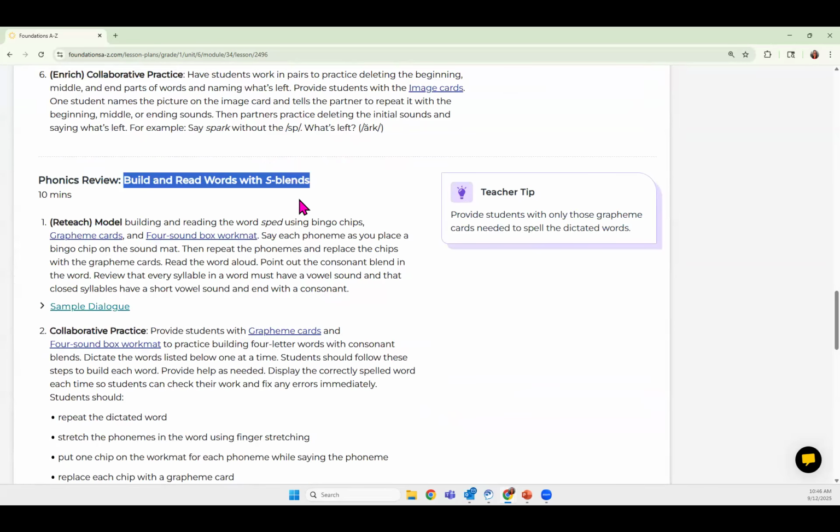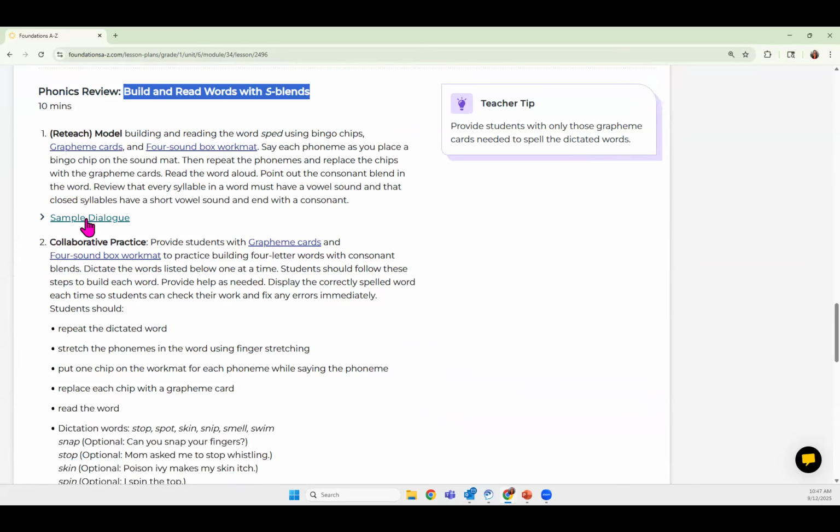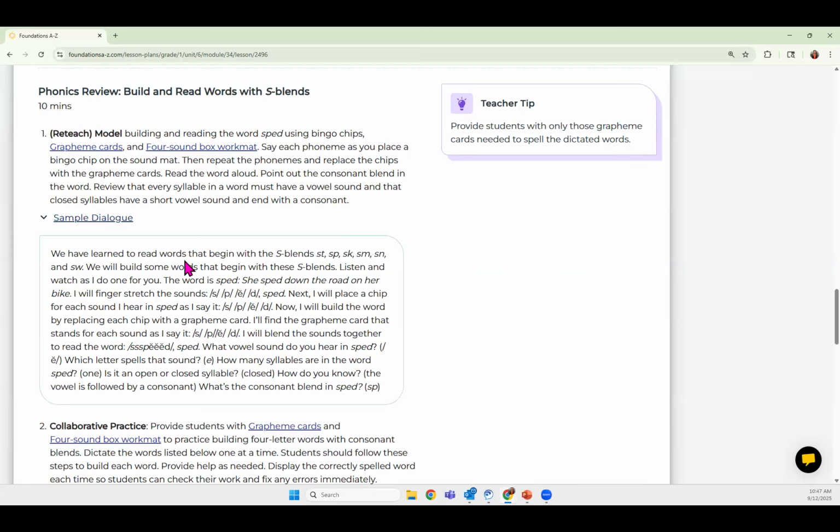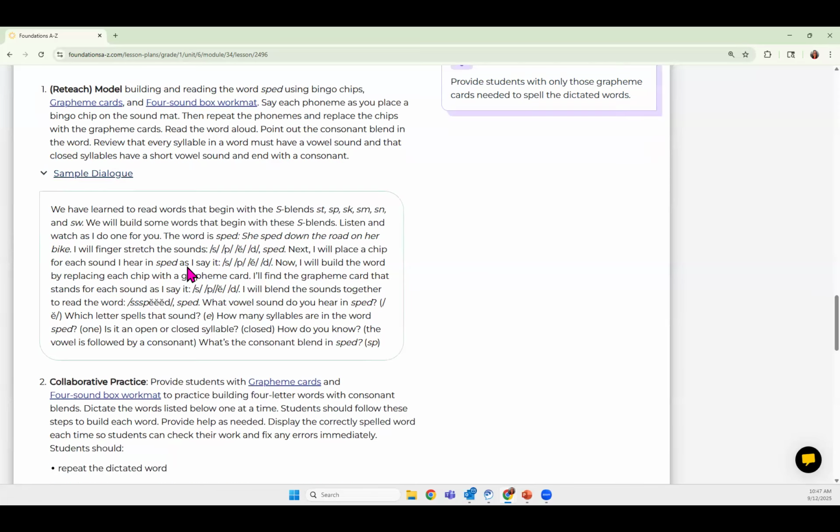That connects to what I want to focus on with that student here. And here you'll see sample dialogue over here. We know that students learn from hearing and seeing you think aloud. So sometimes you may need more guidance than a single step, or you may want to consider a different approach. The sample dialogue built into the lesson plans supports you with alternative methods and an easy way to model thinking